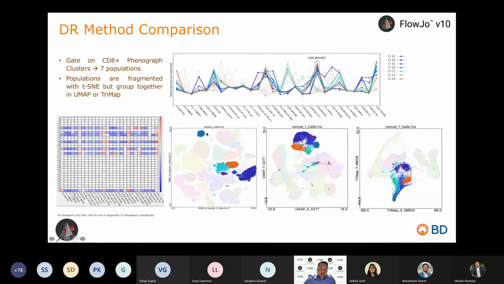As you get into these higher parameter panels, you get splitting of these lineages into different islands. They can be very far away from each other on completely different sides of the T-SNE continent, I like to call it. If you look at the same CD8 populations within UMAP or TriMAP space, you can see that they're regionally localized and similar to each other in spatial representation. That is why we say that global structure is retained in UMAP,